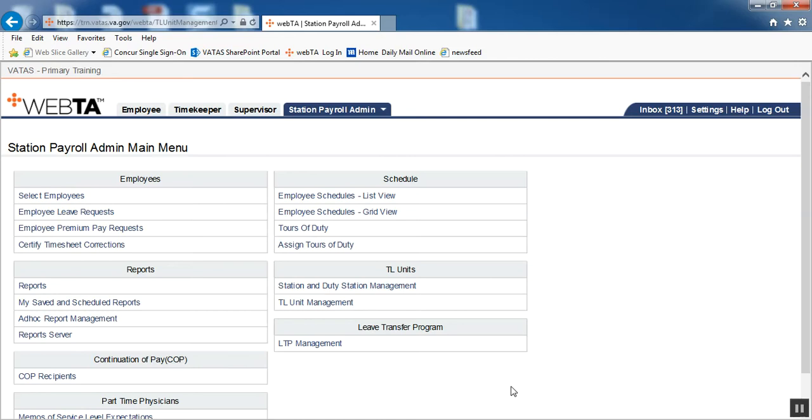This VATAS training video is going to show payroll how to move employees from one TL unit to another. We are currently logged into our VATAS training database as a station payroll admin. We're at the station payroll admin main menu. From the main menu, we will go to the TL units box of options and we will select TL unit